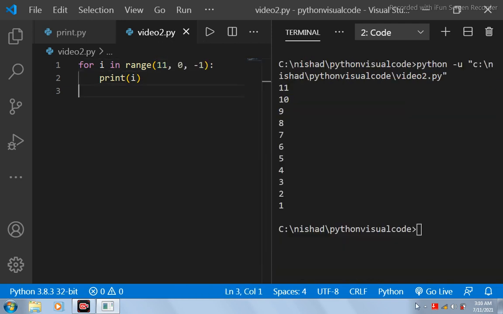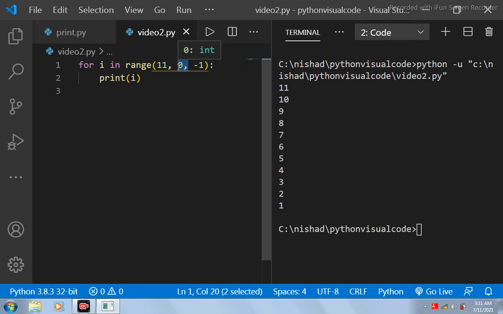Now let's say you want to print a reverse sequence. I'll specify my start argument as 11, because I want to print from 11 to 1. I'll specify the stop argument as 0. What comes before 0, 1, right?